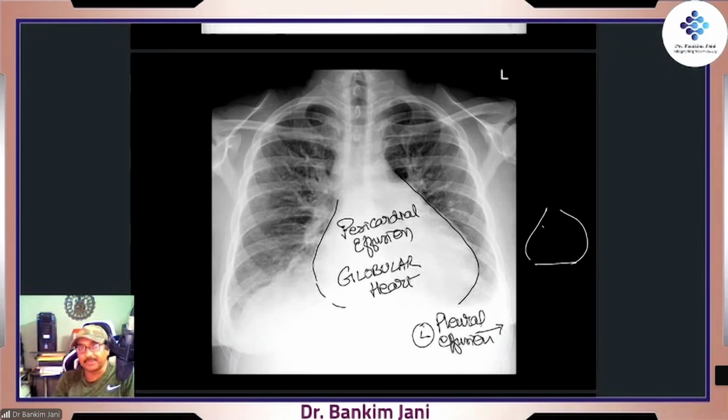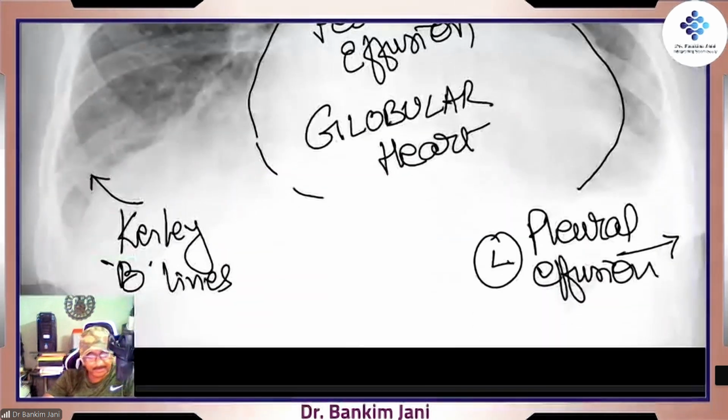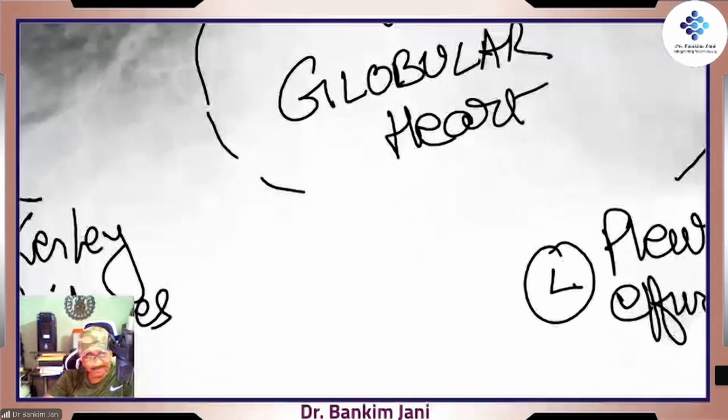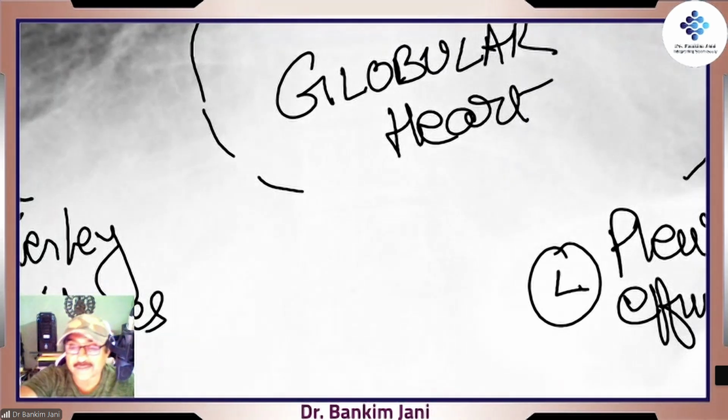One of the very typical things in this case is, at this point of time, I'll just try to zoom it. If you see this, it is what is called the Kerley B lines, also called the septal lines. It is in fact a postgraduate question, but because it is seen in this,